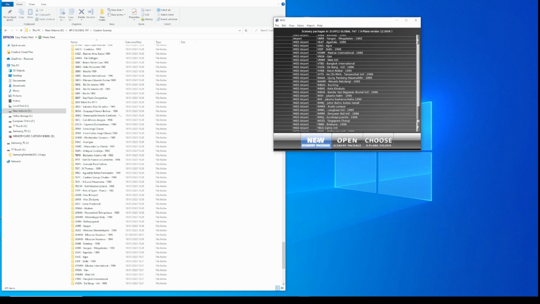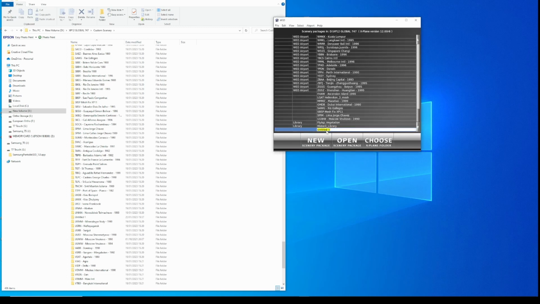I'll go to WED, I'll create a new scenery package, and my naming convention is VTSP dash, then the city name, Phuket International, and then I put a date on it, a date that the scenery is appropriate to, 1996. The reason being, if I have 1970 scenery or 1980 scenery or 1990 scenery, it's helpful to know which version of the airport you're looking at, and then you can further edit that if need be into a different time era, I should say. Right, we'll open that,